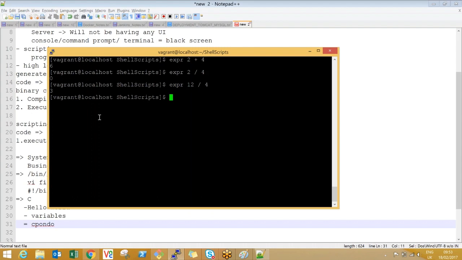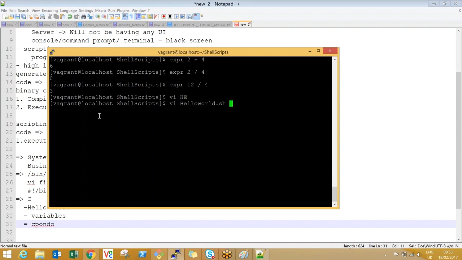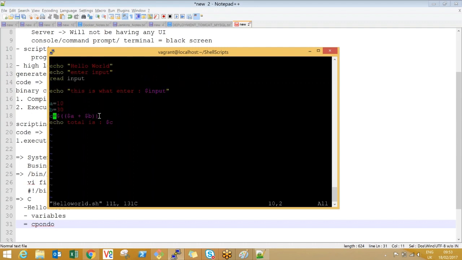Now the same command I can make use of in my shell scripting. So when it comes to using a Linux command in your shell scripting, try to comment it out, guys. Hash is nothing but a comment in Linux. So please try to comment it out.